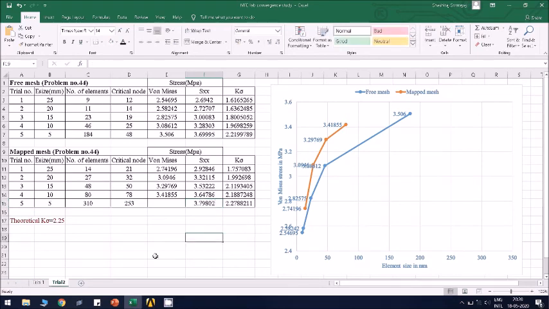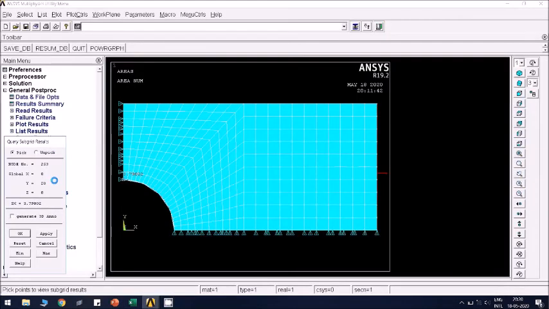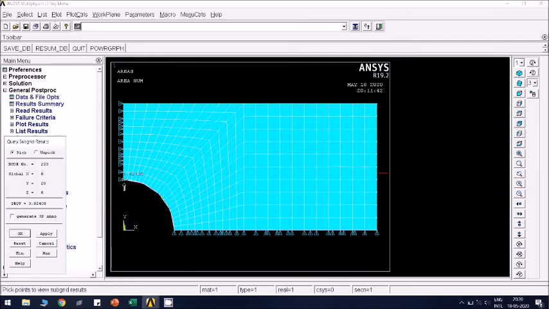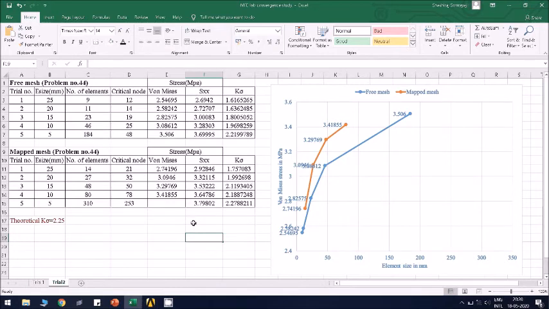And von Mises stress. Okay, select the same critical node, 3.62408.